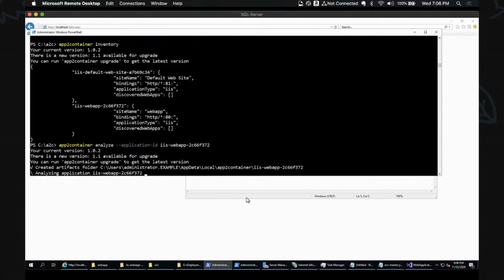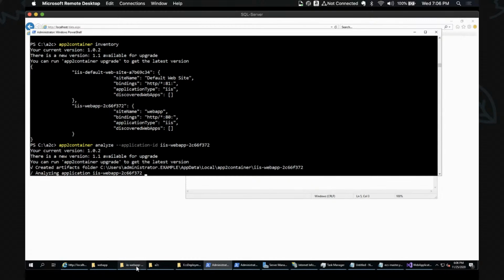When I hit it, it is analyzing all the components, either framework-related components or operating system components associated with this server, to build the artifacts that it might need to create the container. So this is the initial step.